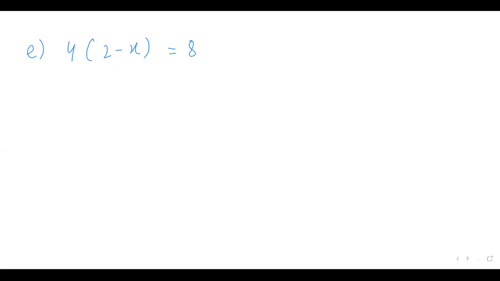Ma'am, can Sunash tell the answer? Yeah. The answer is x is equal to 2. X is equal to 2? No, it is wrong. Rakshita, what is your answer? Samrat, check where you went wrong.